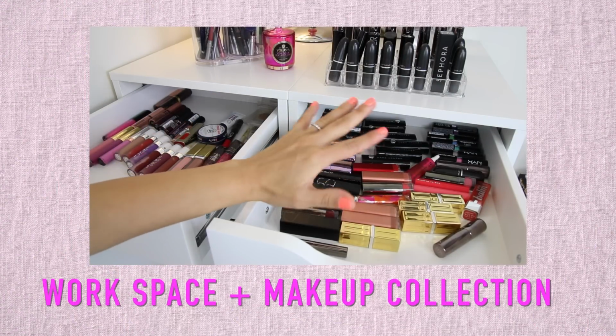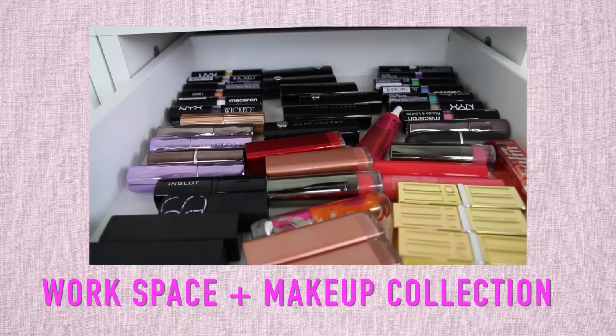So the way I like to organize my drawers is by sections. So this is basically where I hold all my lipsticks, and as you can see, it's not full because I actually went